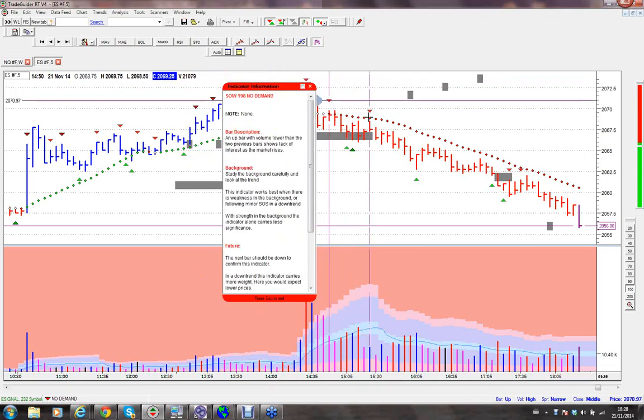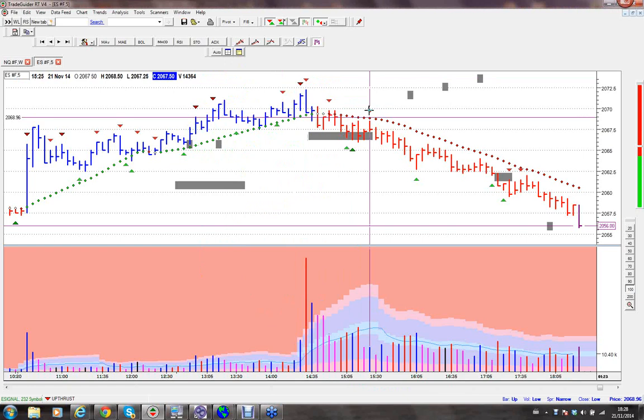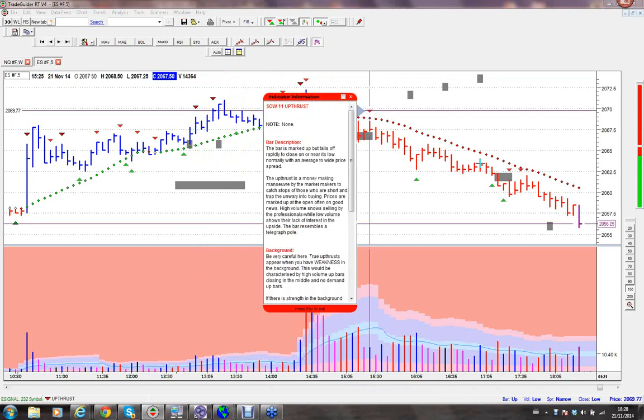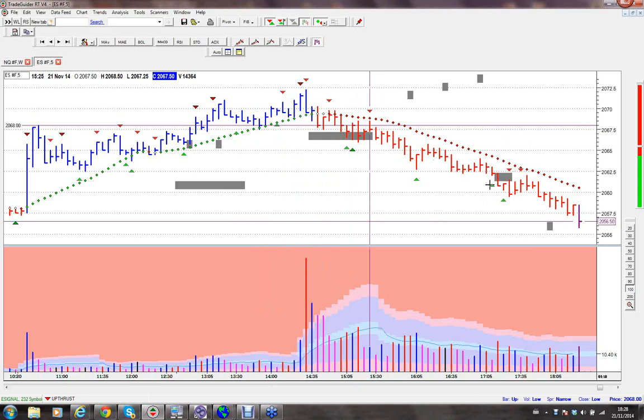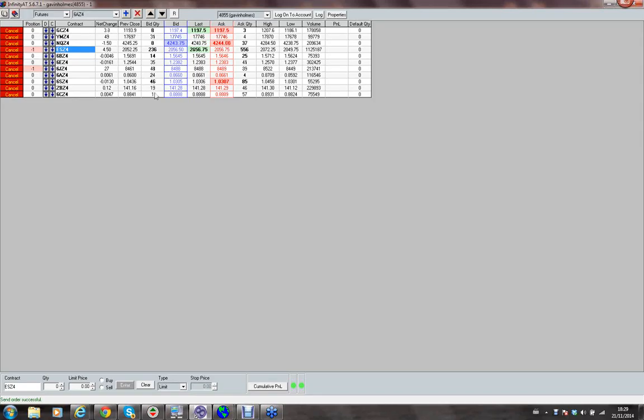Now, I got the alert to go short late because I was driving to Tom's house, but it didn't stop me from going short. So I got in around here. I knew the weakness was there. I knew the market would fall, and I actually gave the target in that video, in the trade alert. We're well onto the target right now. But have we seen stopping volume yet? No, there's nothing stopping it. So why am I still short, says John? Because